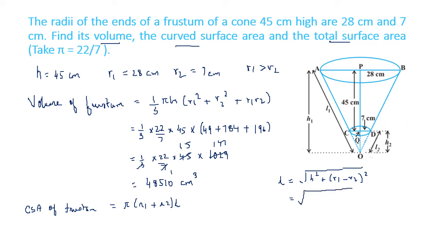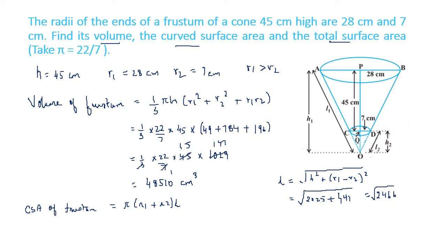So 45 square is 2025 plus R2 minus R1 is 28 minus 7, that is 21. So we get 441. So 441 plus 2025 gives us 2466